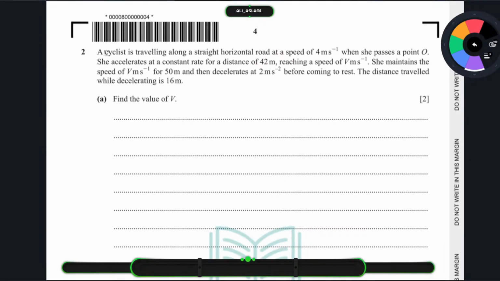A cyclist is traveling along a straight horizontal road at a speed of 4 meters per second when she passes through a point O. She then accelerates at a constant rate for a distance of 42 meters, reaching speed v. Then she maintains that speed for 50 meters and then decelerates at 2 meters per second squared before coming to rest. The distance traveled while decelerating is